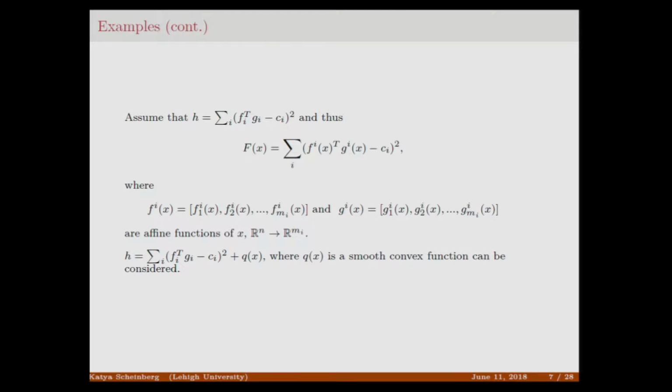More generally, you can have a function that is affine, right? So a bunch of functions, each of them is affine, produces your vector, then g of x can be affine. You can take an inner product of them, and you can have some kind of a constant here, and you can optimize the sum of squares. And if you fix one of them, then what remains is a quadratic function. Okay? So this is kind of leading more to our specific application of interest,